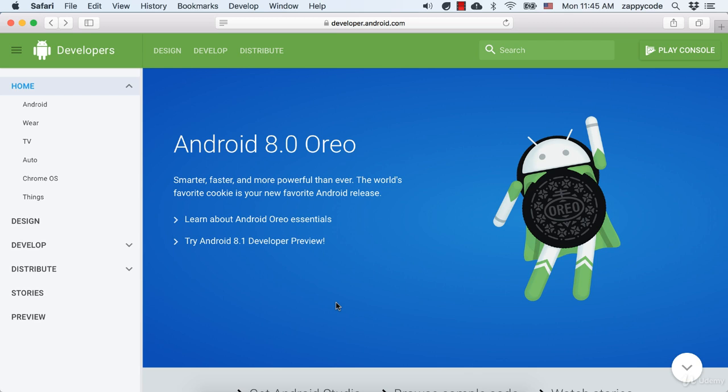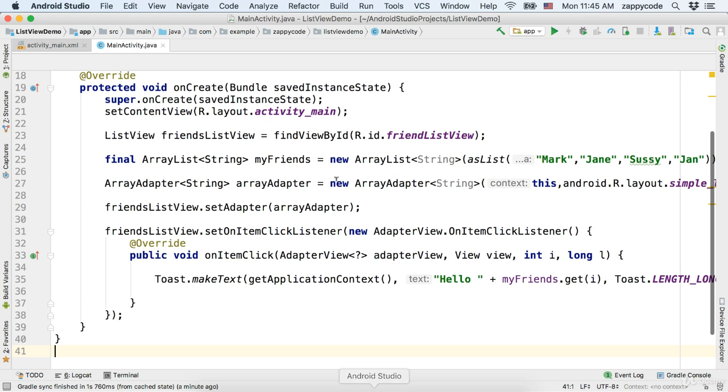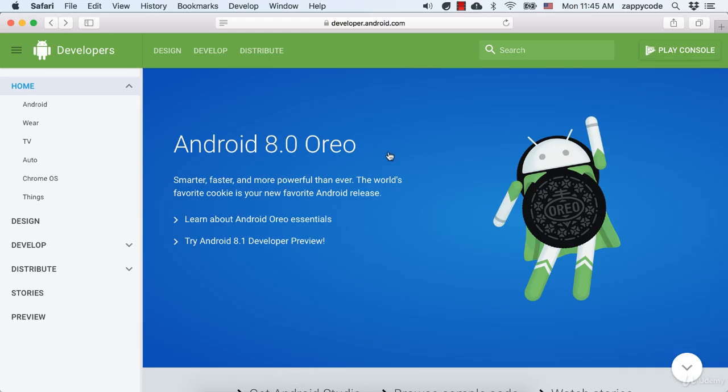Now, in order to get this rocking and rolling, I'm just going to use one of our past apps here. I'm using this list view demo that we had created before this. I just want to show you what the process would be. I'm not actually going to put this into the store, but I want to walk you through everything that you would need. So the first step is to go to